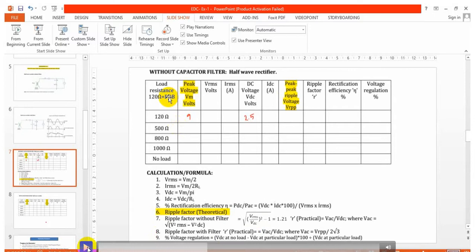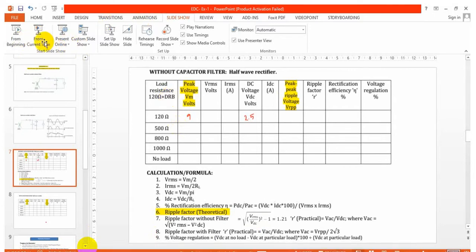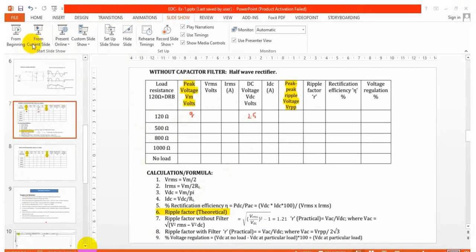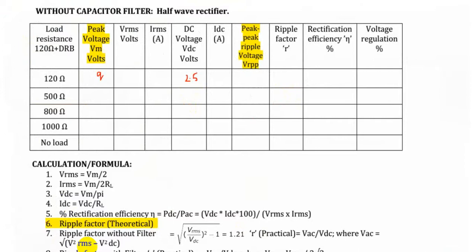And in this, again you can see the peak to peak ripple value. The output voltage is falling to 0. So the peak to peak ripple value will be similar to the maximum value because we don't have a reduction in the ripple value. The maximum and minimum values will be from 9 to 0, so the peak to peak ripple value will be 9 volt. So all these 4 values you note down here, 21 milliamps and peak to peak ripple voltage is 9 volt. These are the 4 readings we have to take for 120 ohm resistance.